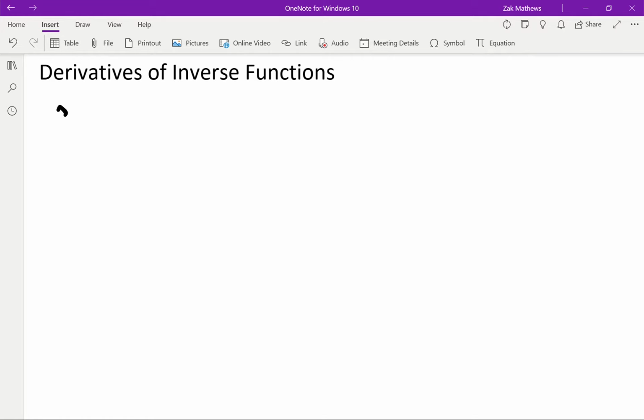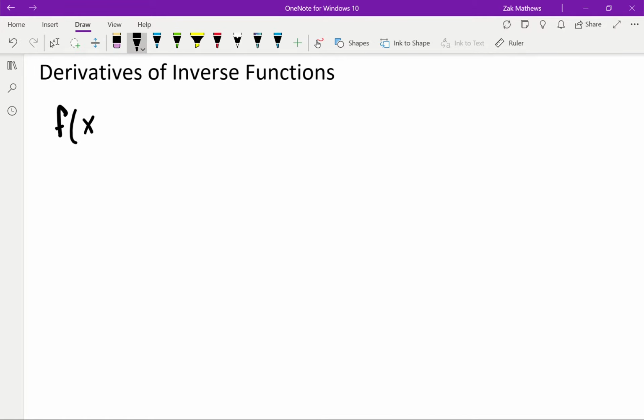So remember, if we have a function f of x, I can write its inverse as f to the negative 1 of x. Let's write f inverse, not f to the negative 1. That's a very awkward way of saying it. It's read f inverse of x. And the idea of an inverse is that if we take a function of its inverse,